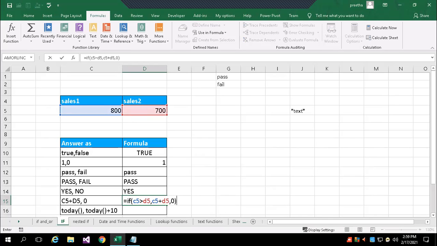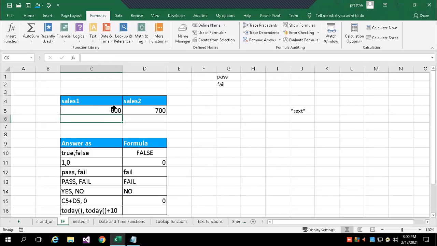So if the condition is true, I wanted to add two numbers, else it should return 0. For example, I change to 600. Purposefully, I will change here to lesser than 700. So now everything, the result has got changed. Even this formula result also results in 0.